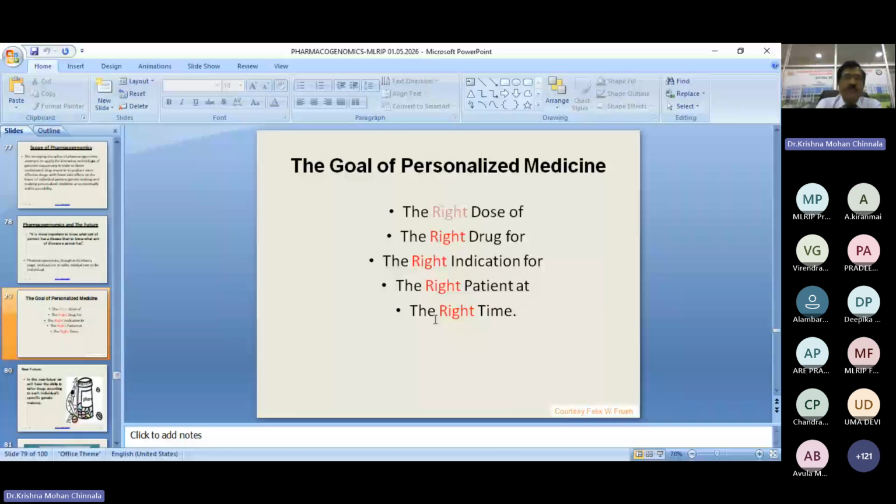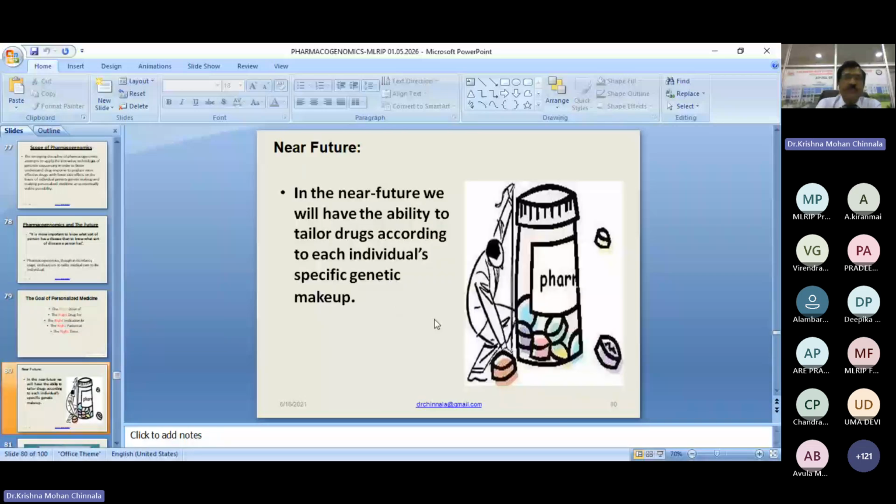In the near future, like if you go to any mall, you select your clothes according to the generalized size: small, medium, large, XL, double XL, triple XL, or else 40, 42, 46, 36, etc. But it may not be 100% suitable for your body structure. But if you approach a tailor, he will take the measurements of your body and stitch a dress which is 100% suitable for you.